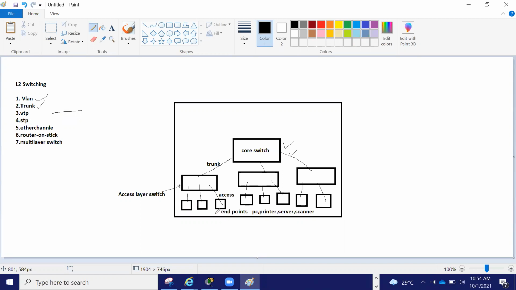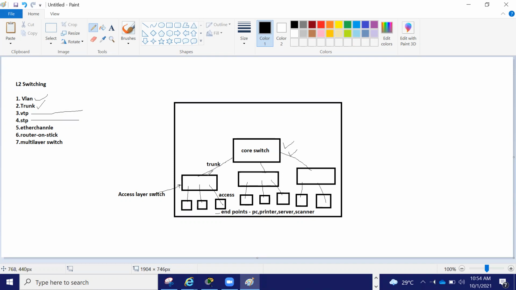So endpoints will get connected here, and this is the trunk port. What is this trunk? It's standalone, and whenever you see standalone, it's a risk. Why? Let's say you have 100 users connected via this switch, and all the dependency is on a single cable. If a rat came into your data center and broke the cable, then your network will go down.